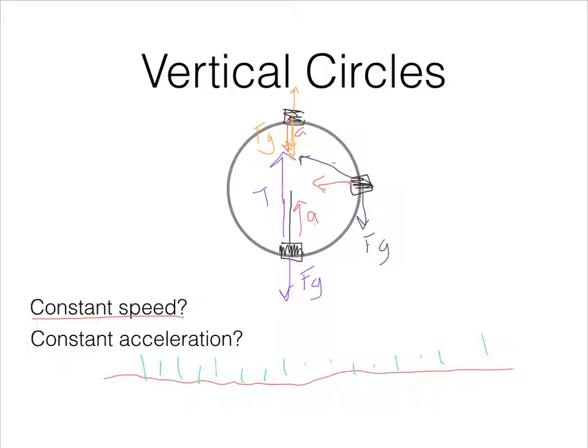So because of that, it's possible that if I don't have a large enough speed, requiring a large enough centripetal acceleration, my rock, rather than getting to the top, will not make it as high. Because it has to be at a point where the acceleration and the gravity are matched up, because the tension cannot offer that force. This goes into that question we looked at a couple of days ago in class, where